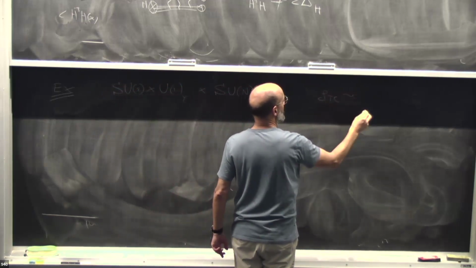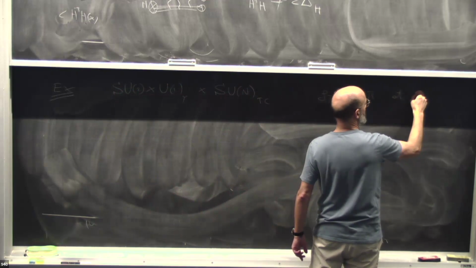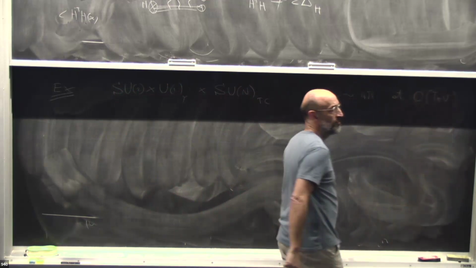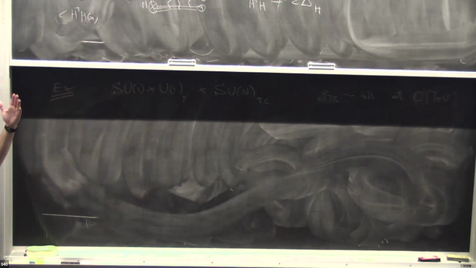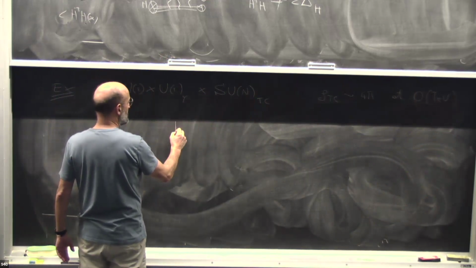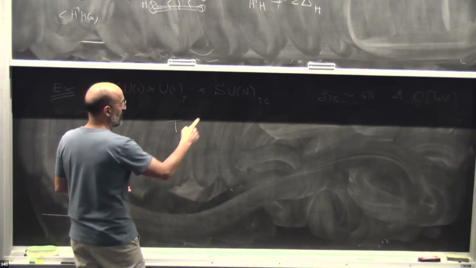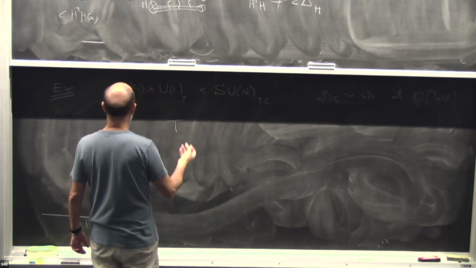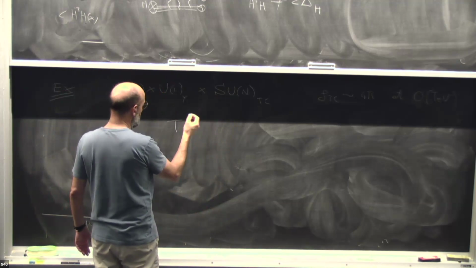And it is the Technicolor gauge group, GTC, that becomes strong, of order 4 pi, at around the TeV. Okay? So it's a sort of replica of QCD, but with a scale that rather than 1 GeV is a factor of 1,000, or maybe 10,000, larger, okay? And so the idea is that this theory has quarks, which are called techniquarks, in a vector-like representation of SUN, but in principle chiral representations of SU2.